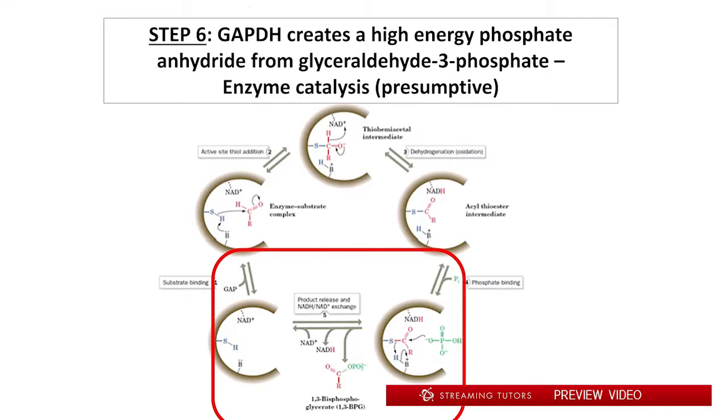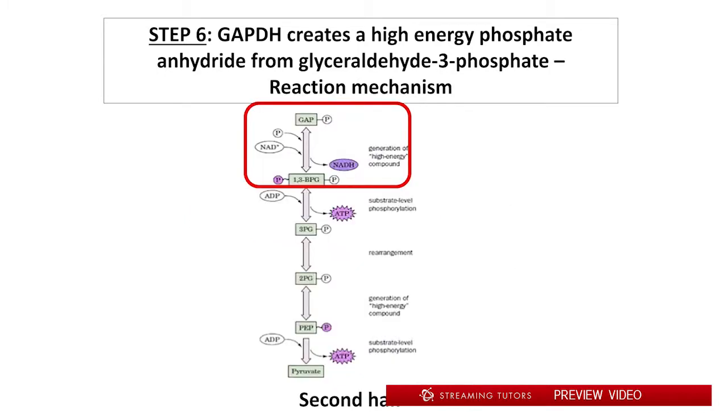thereby completing the process. So notice what we've done here. Notice the overall impact of this. Covalent catalysis has been involved. Acid-base catalysis has been involved. A high-energy thioester linkage has been exchanged for a high-energy phosphate anhydride linkage. Okay. So that's the first step, GAPDH, producing 1,3-bisphosphoglycerate and glyceraldehyde, producing this anhydride as a result of both the oxidation of the